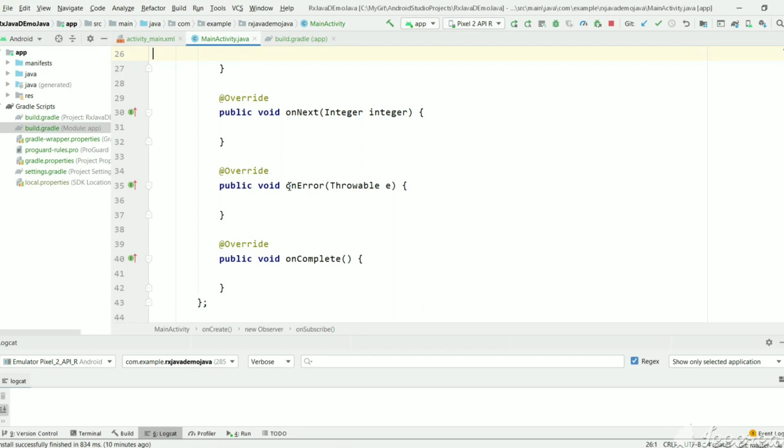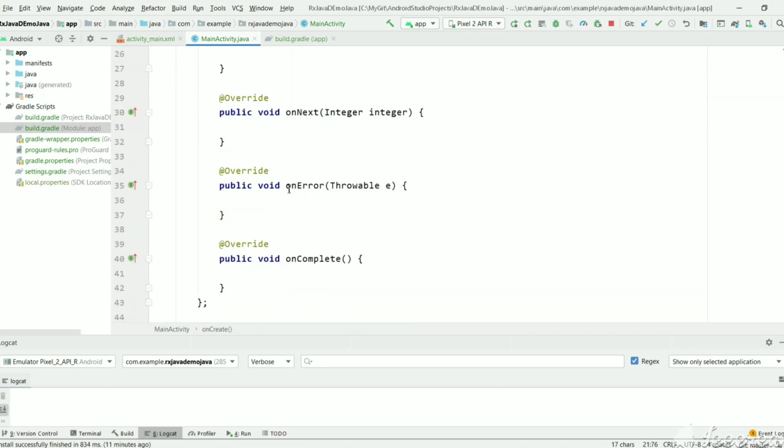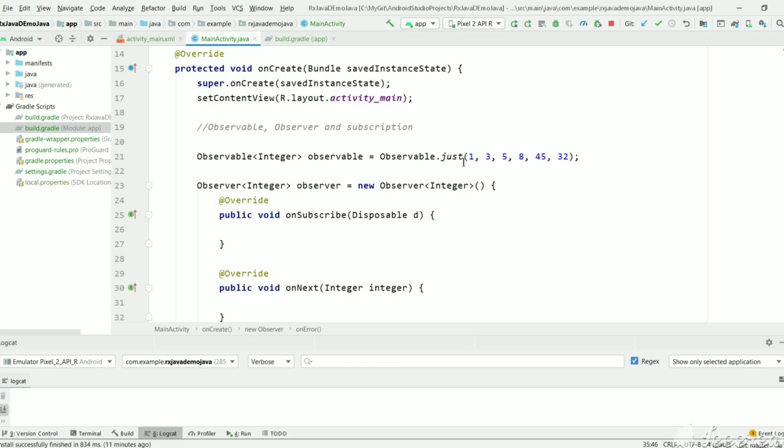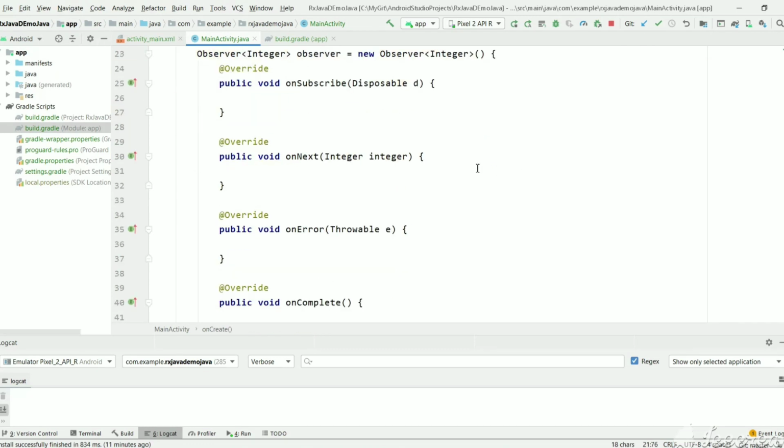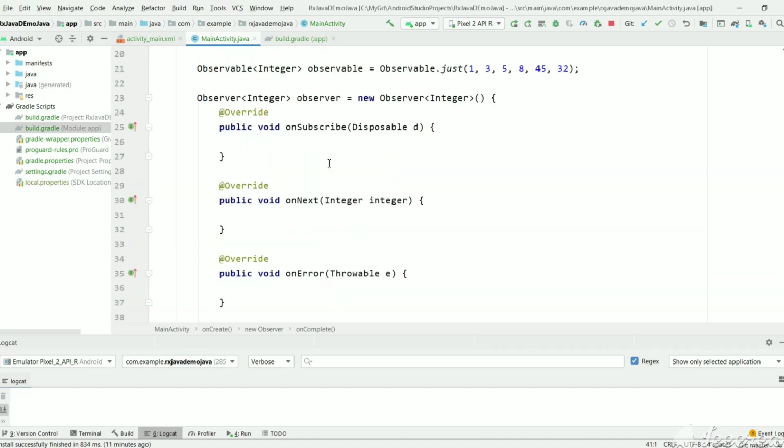And if any error occurs while emitting these values, the observable will emit the error event so that the observer can receive that error and knows the error occurred. And after emitting all values, it will call onComplete so that the observer will know now all data is emitted and received. Let's print the values in onNext and see the result.